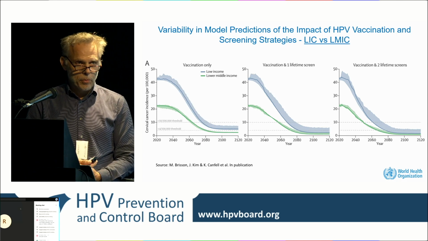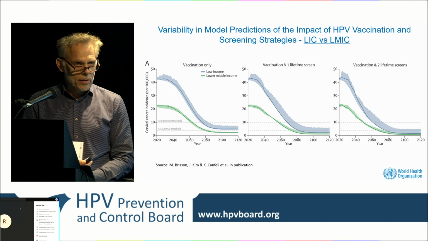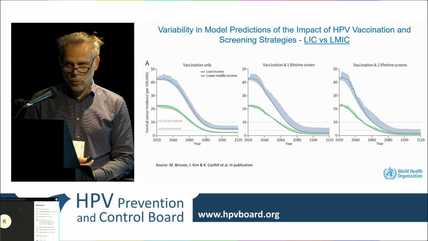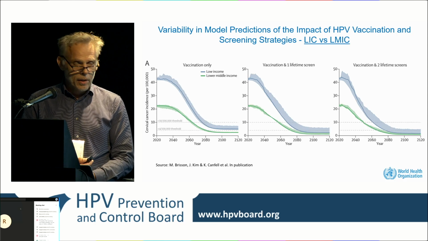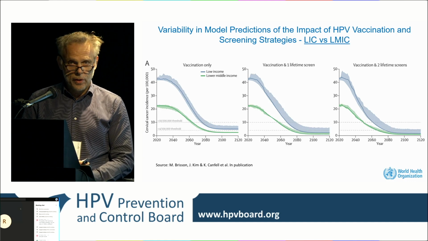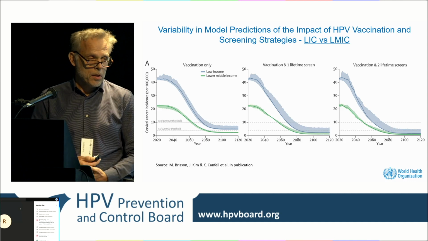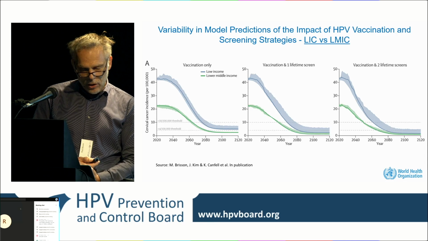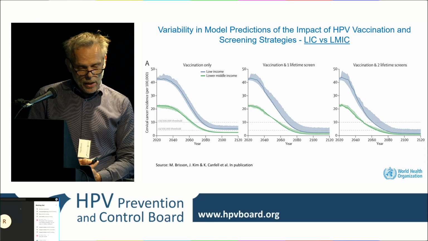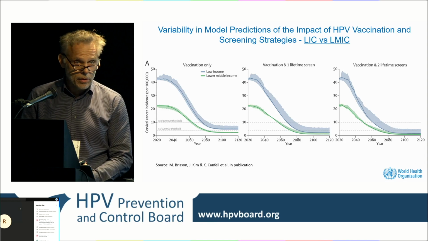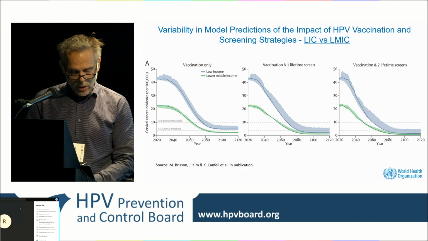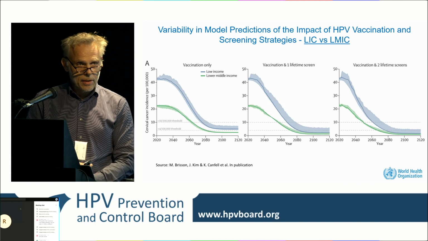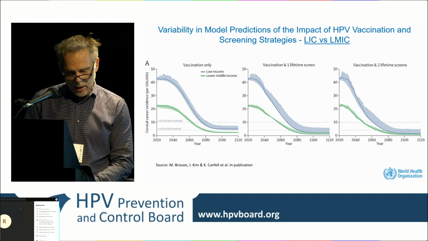That's something that we did last year to say, should we go for 10? Should we go for 4? Should we go lower? Lower than 4, clearly not feasible at the global level. 4 is just feasible, and 10 would be much less ambitious. But here you can see vaccination only in low and middle income countries would get us in 100 years below this threshold, but not in the settings that start with extremely high incidence levels.